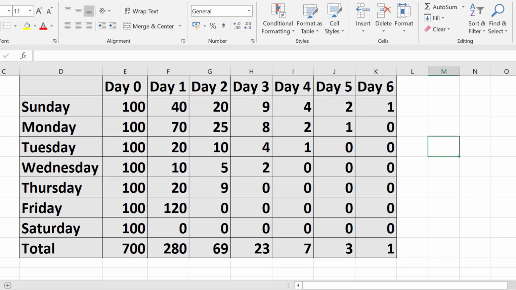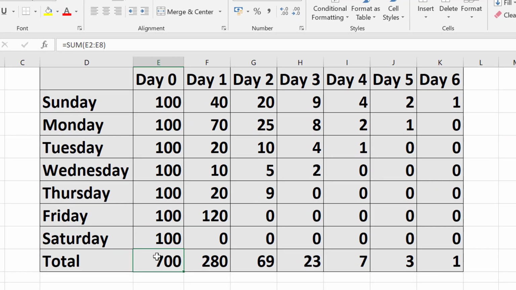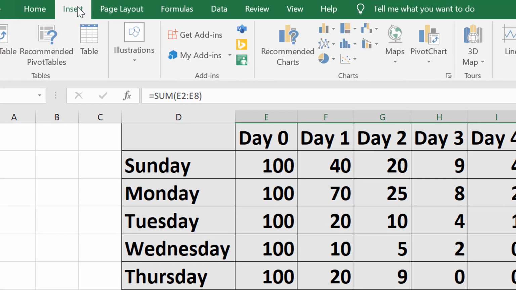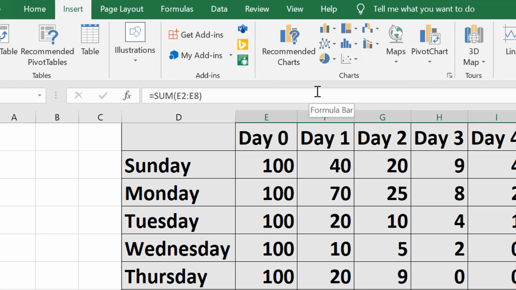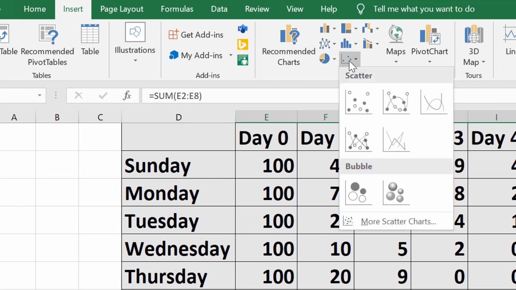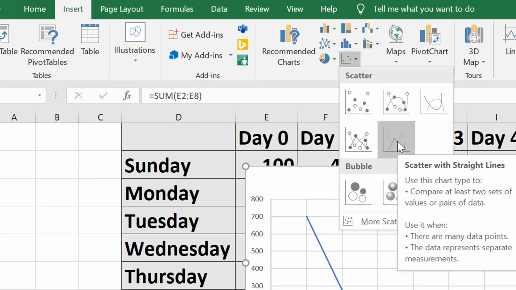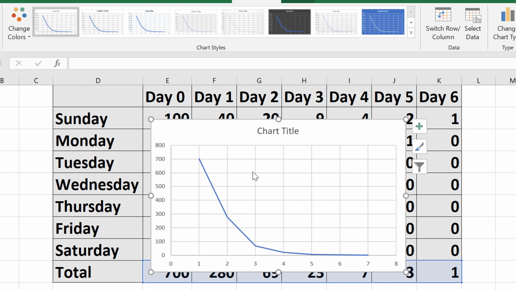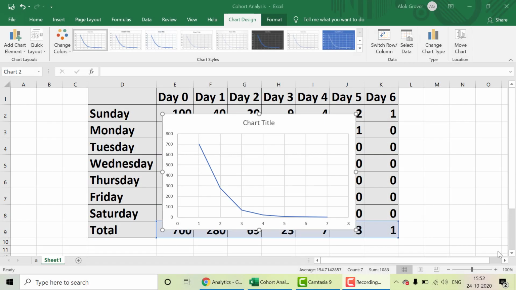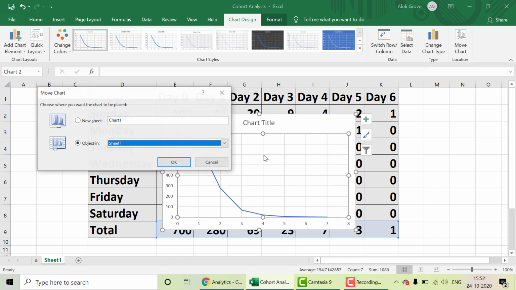So I'll just move on to the Excel sheet once again. I'll just select all these figures over here. I'll go to insert and try seeing the chart. So I'll click on charts and I come over here, and you can see again that this is an obtuse angle. Now let me click on move chart and let me take it to another sheet. So I will give it a name as cohort analysis.